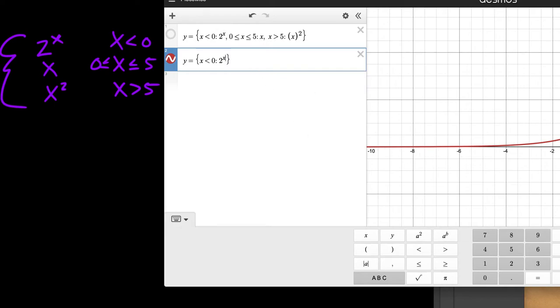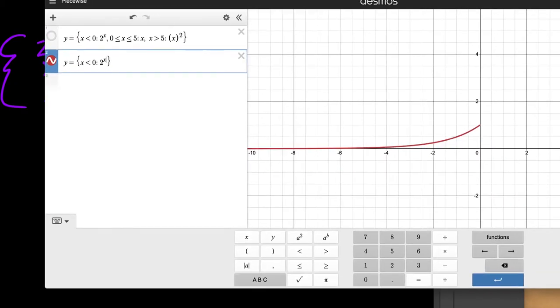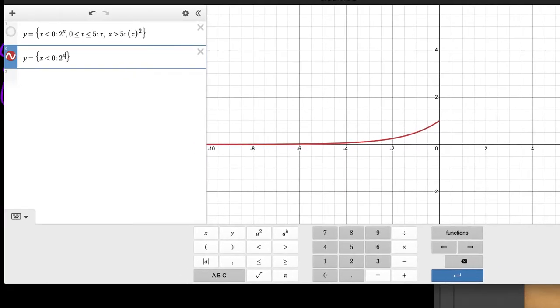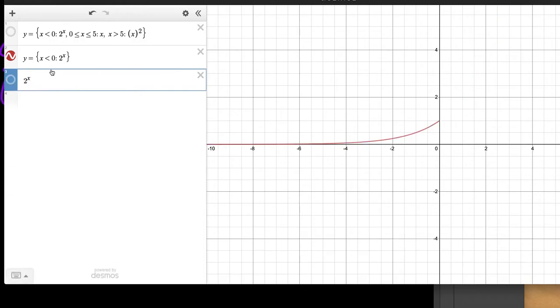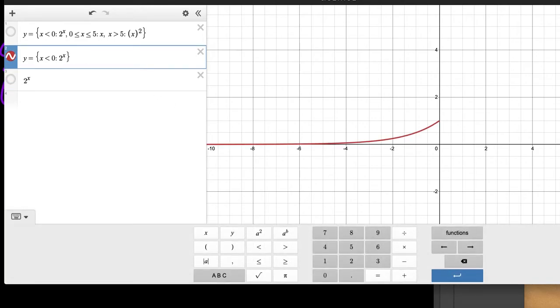Now if you see what it's drawn so far, it's just drawn this function, but it goes from negative infinity to 0 on the x-axis. This function without the constraints would look like that. And so see, when I turn this off, this only draws it for the domain that we've defined. Okay? Now if we want to do the next piece, we just say comma,